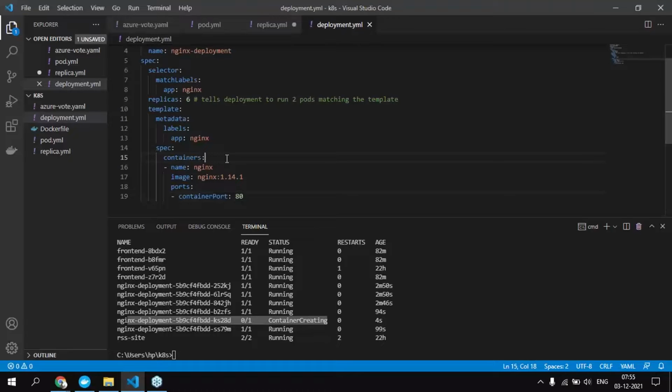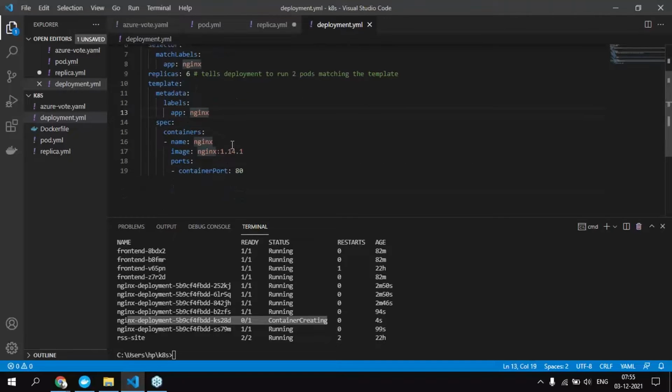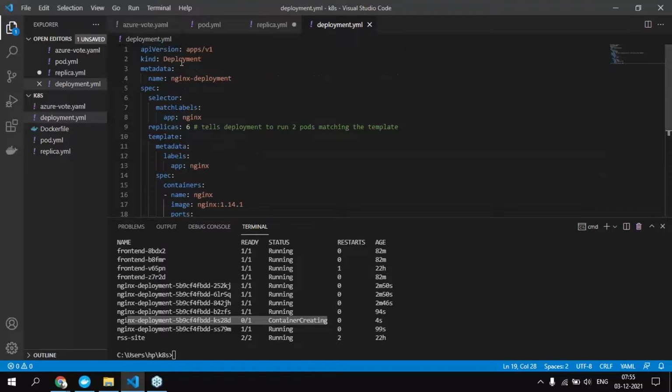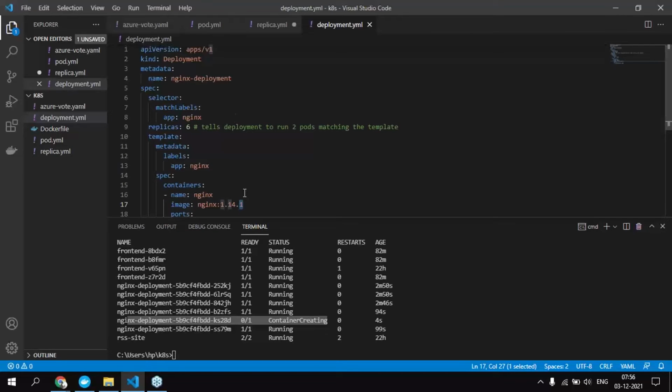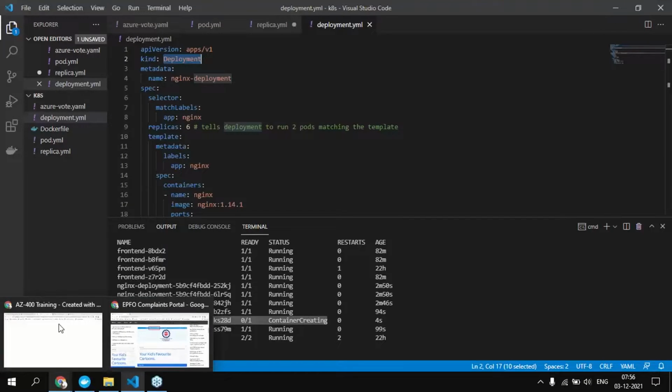Okay, so this is where we left off yesterday. Now we understood that we should not use the replica set if you want to change the image version. We have to use the deployment so that it will work as we expected. And the next thing is